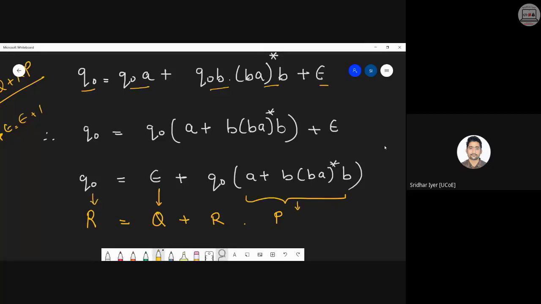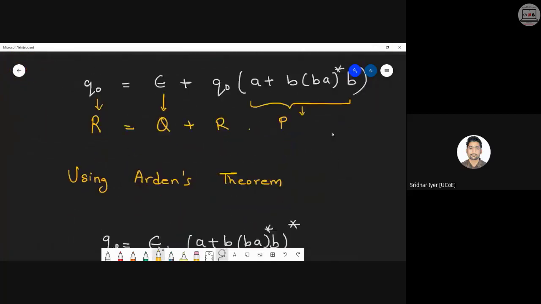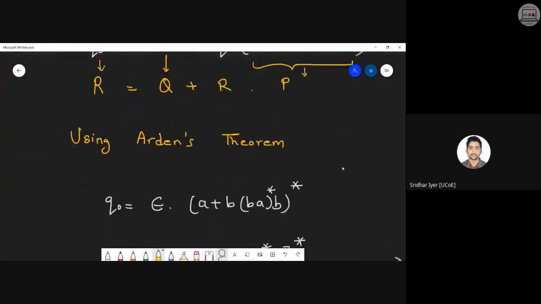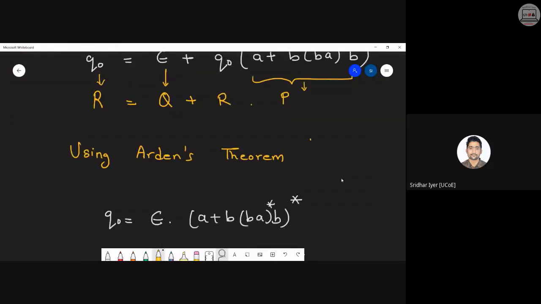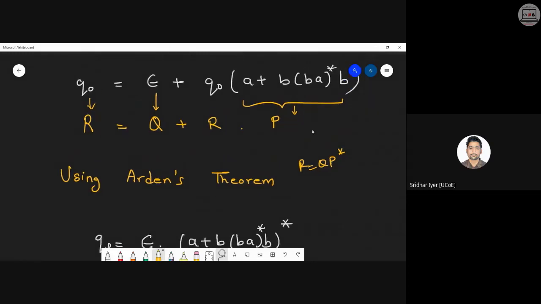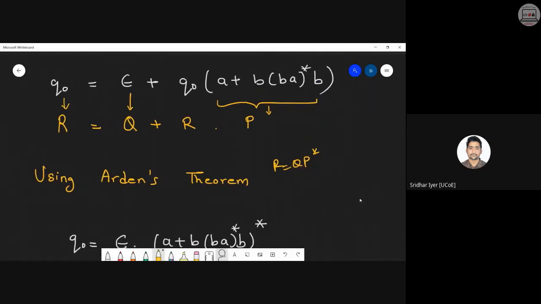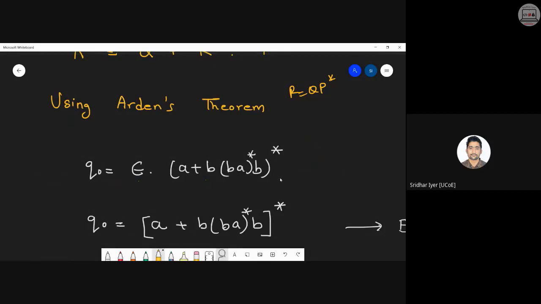Clear now? So basically you have to do all substitutions and rearrangements to come out with the solution. Clear with this? Okay. So if I get this as an answer, I can again apply Arden's theorem, and Arden's theorem is nothing but R is equal to QP closure. Yes. So what is Q? Q is nothing but epsilon dot P closure. P's entire term's closure. Carefully, this is the entire term P. We will take its closure again, so we'll get something like this.